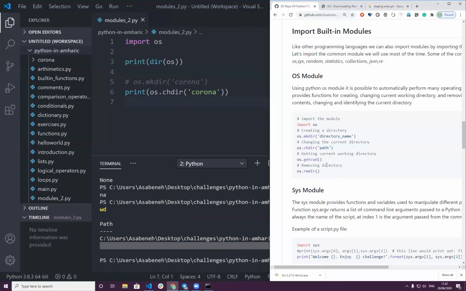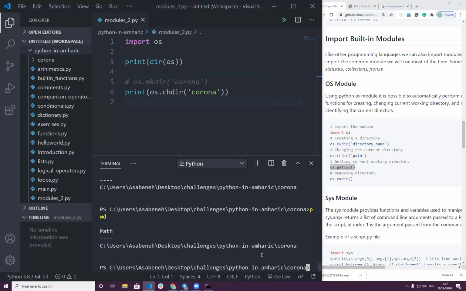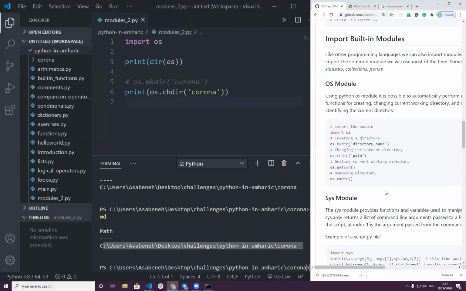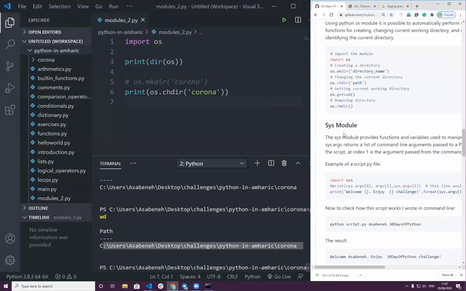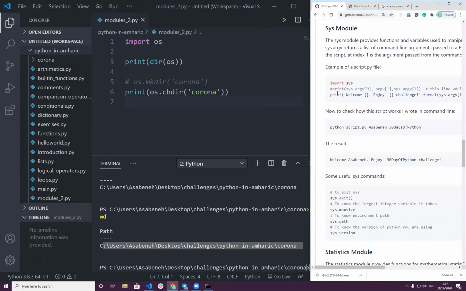And let's get the current working directory. When we write it on the command line, we write pwd. That is current working directory. And our current working directory is this one. Great. And something related to files and systems, system modules.